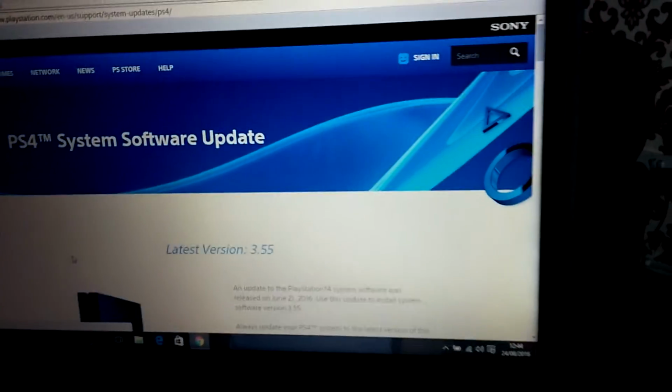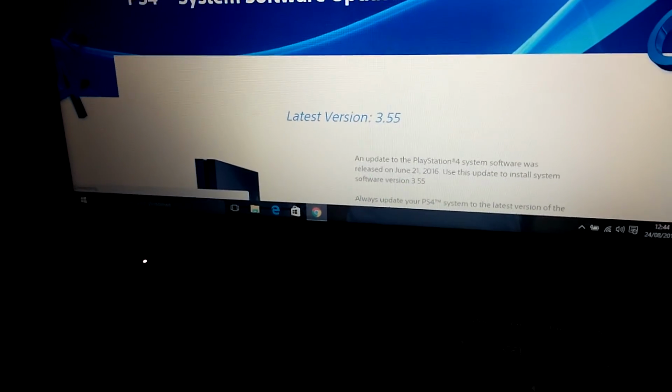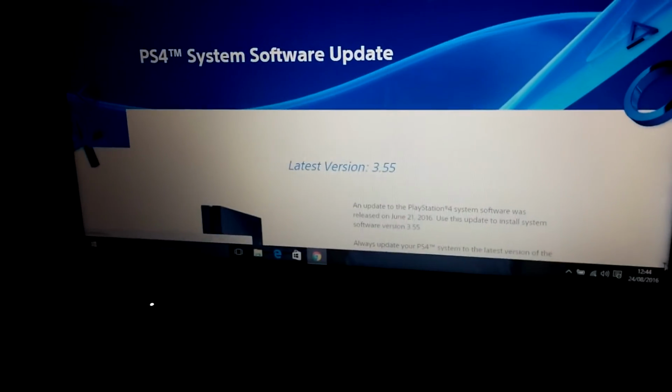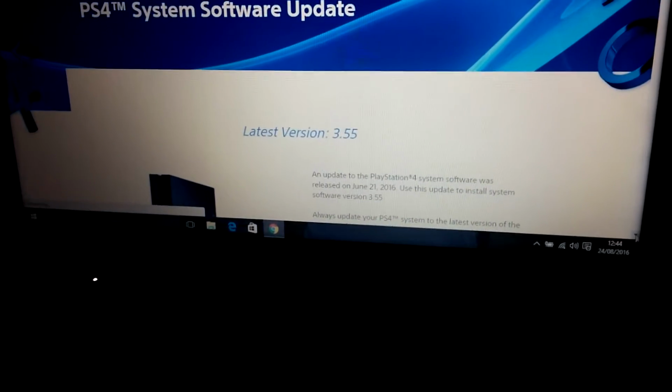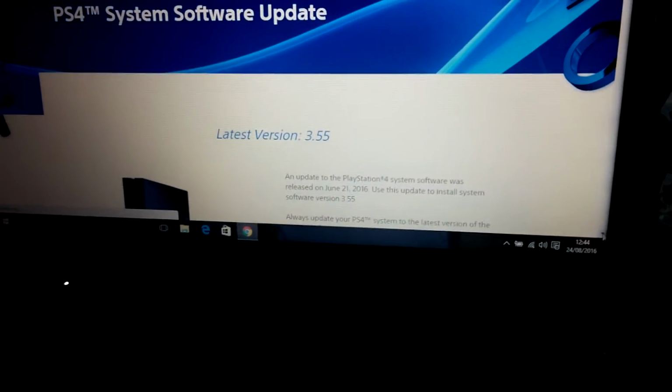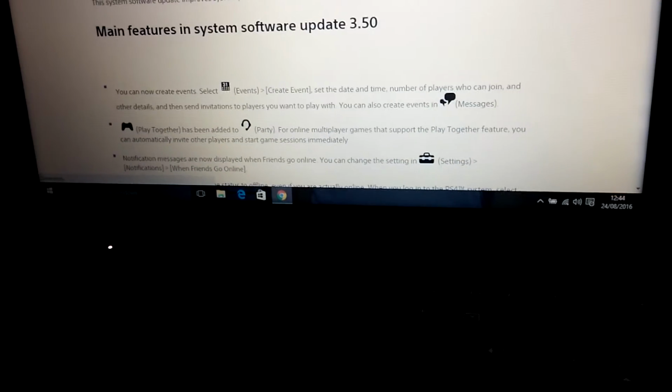This page comes up. Right now, you've got to be careful because there's 2 updates on here. One is if the PlayStation's crashed and you want to just download the firmware and it's much smaller. Or 2, there's another one which is the full firmware, which is 800 and some megabytes, which is the one you need. So if I scroll down, don't click download update. Don't click on that, because that'll just be the small firmware, and the PlayStation, because it's got a new drive, needs the full lot. So come down